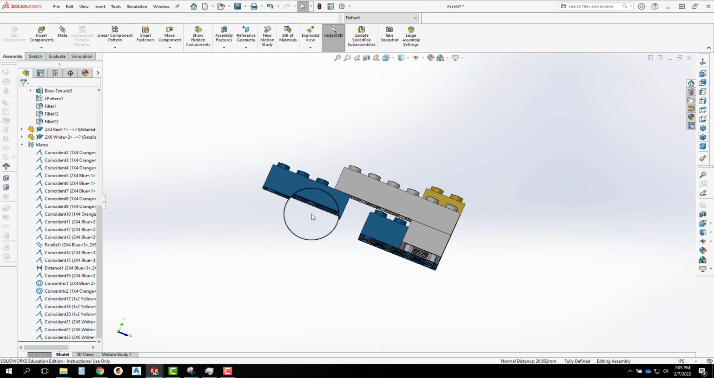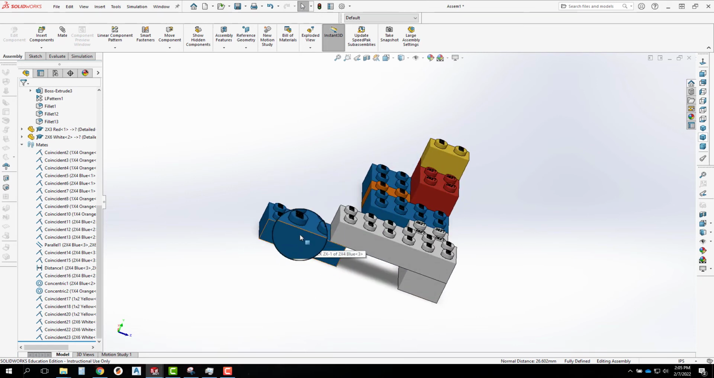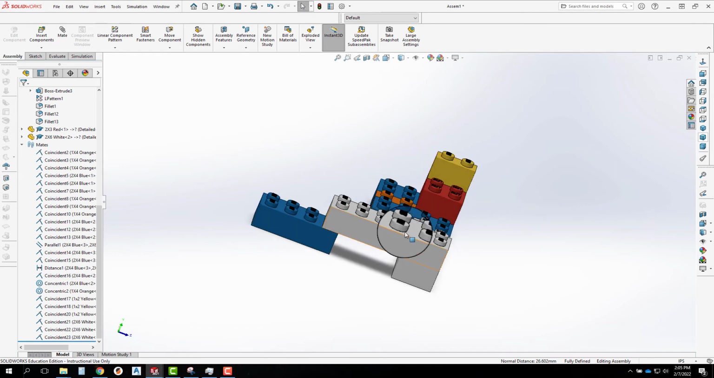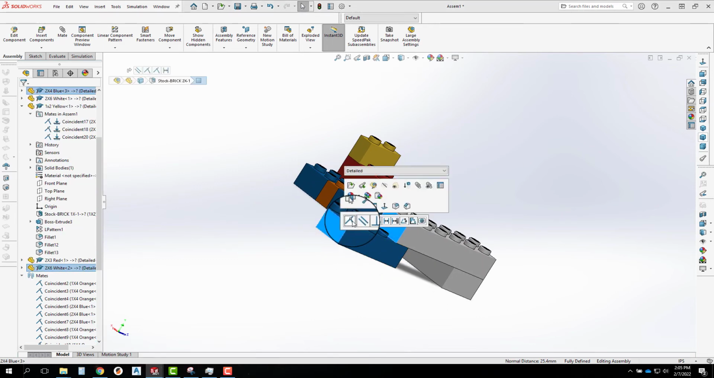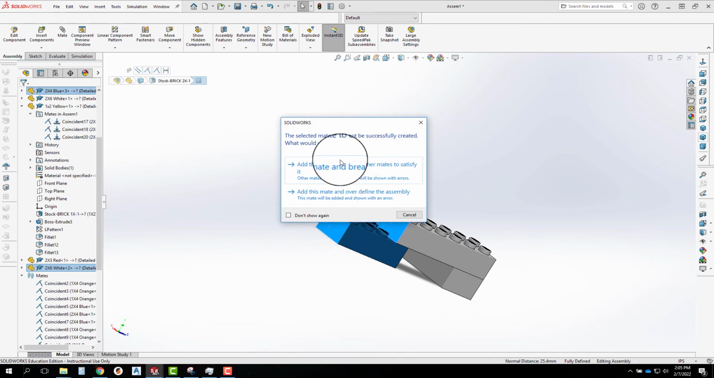Okay, and then let's say I wanted to move this block in. Let's see, do I have room? Yeah, I want to bring this block in so it snaps right underneath here instead of having this gap. To do that, I would want to make this face coincident with that face. As soon as I try to do that, you'll see it gives me a warning, hey, this can't be done,